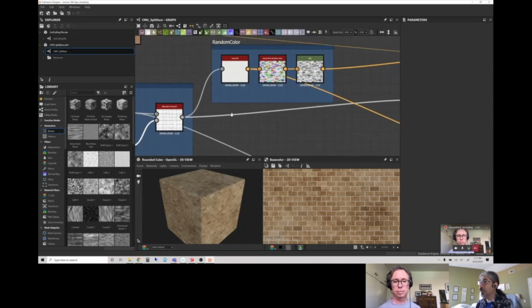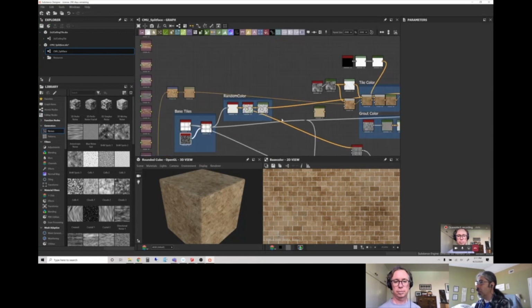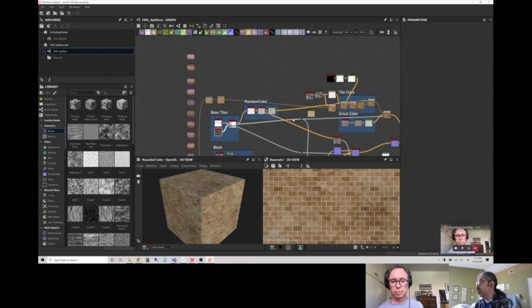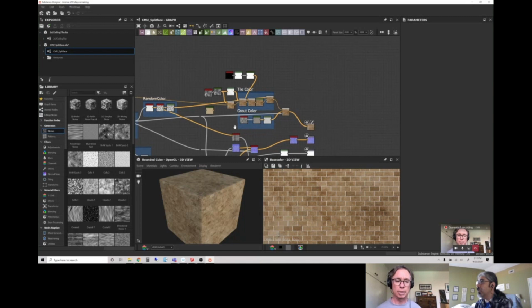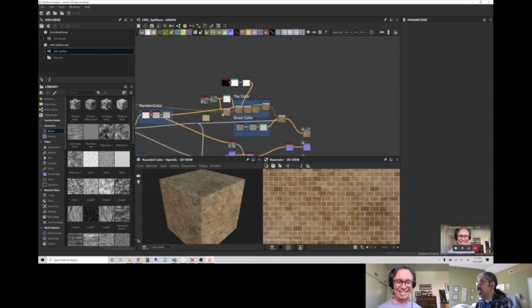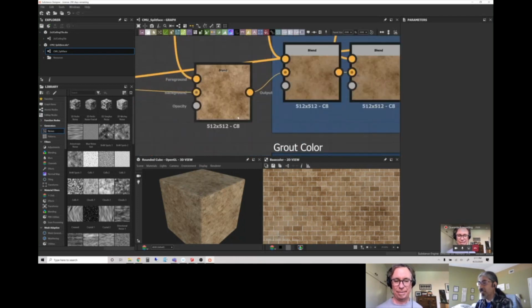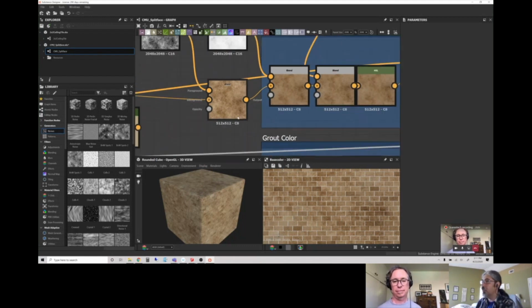So why am I using this and not downloading an image from the internet like anybody else would? Because I can change it anytime, and I am not limited to the size or the resolution of what I get online. So I can bend it and flex it as I need it.